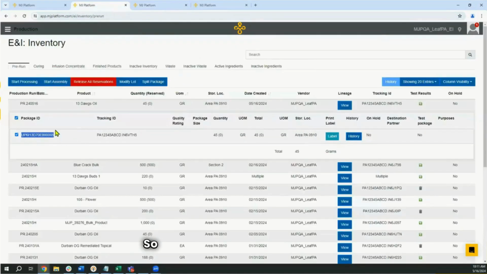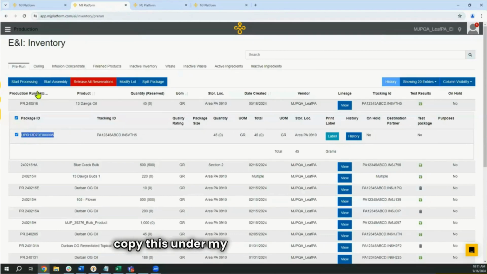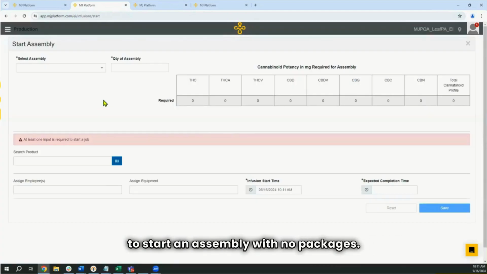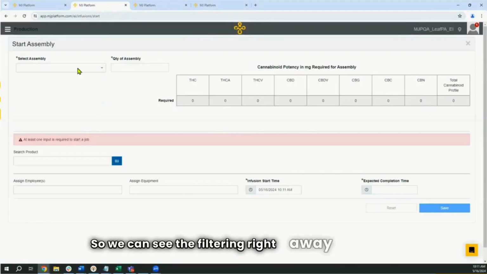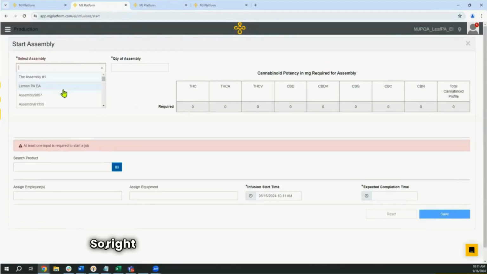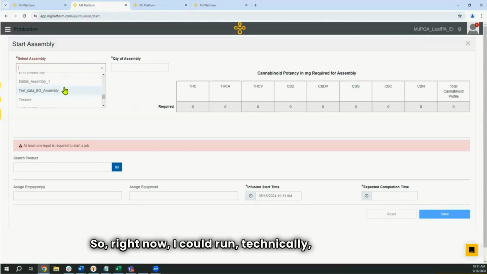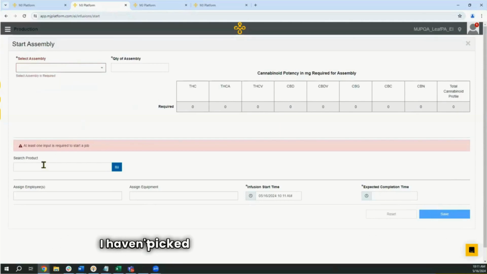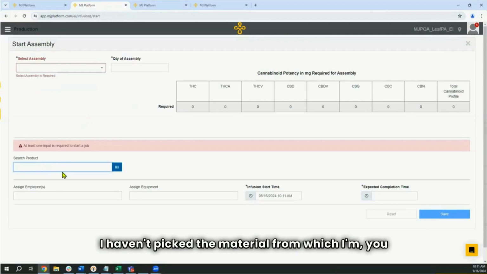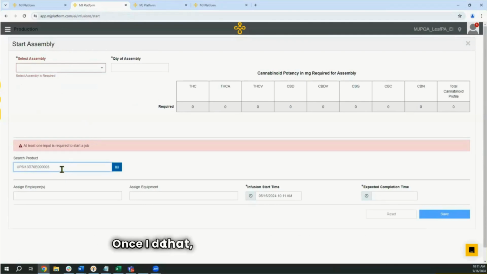So what I'm going to do is actually copy this onto my clipboard, and I'm going to start an assembly with no packages so we can see the filtering right away on the screen. So right now I could run technically any assembly. I haven't picked the material from which I'm creating the assembly, the bulk oil. Once I do that,